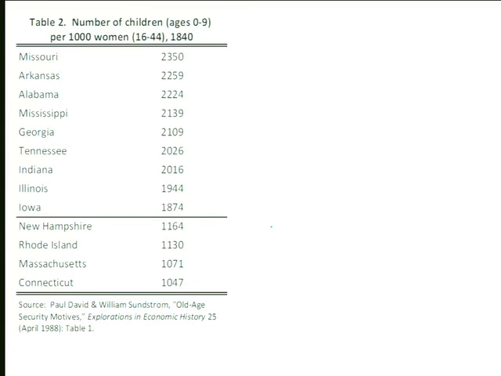So they're not doing this on a household-by-household basis. At this point, they're doing it on a state-by-state basis. So how many children ages 0 to 9 live in Connecticut? How many women ages 16 to 44 live in Connecticut at the time of the census, 1800, 1810, 1820, 1830, 1840? And that's our measure of fertility state by state. Today we would have a more refined measure that would rely on different sorts of data.